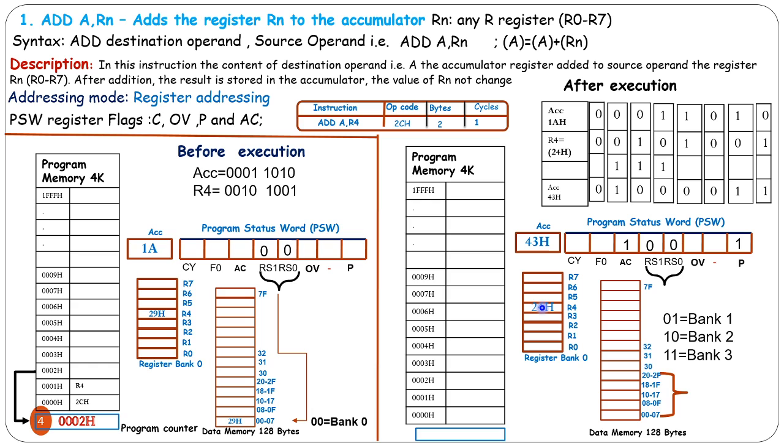Okay, so this is the instruction execution of the ADD A, Rn instruction. For simplicity, we took R4. So this is the execution process. Next one is